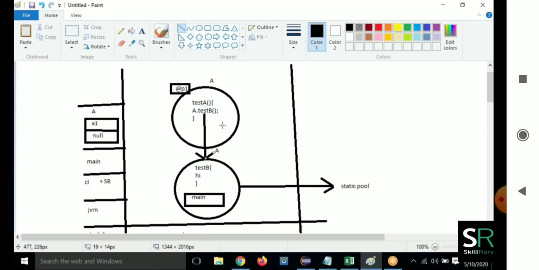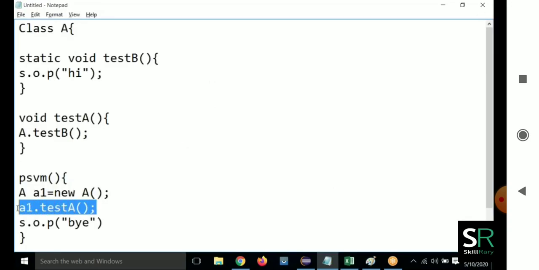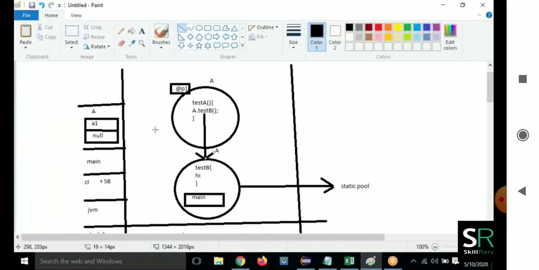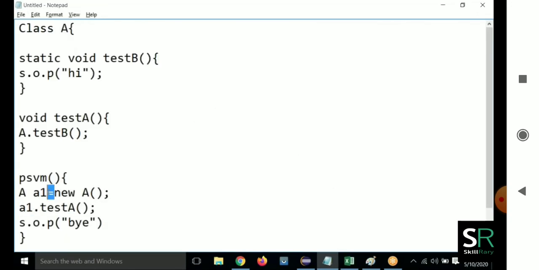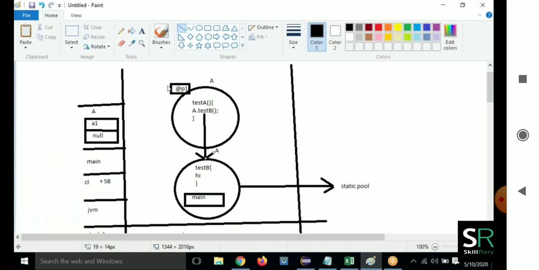This is what happens. The compiler will execute this statement, a1.testA. Before that we have the equals operator here. When you put the equals operator, the address will come here instead of null.